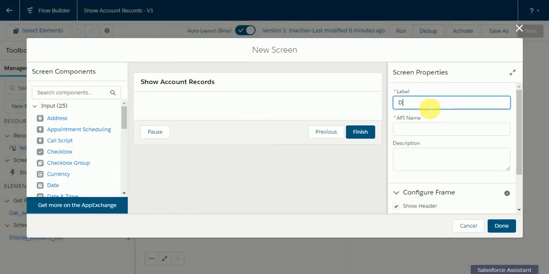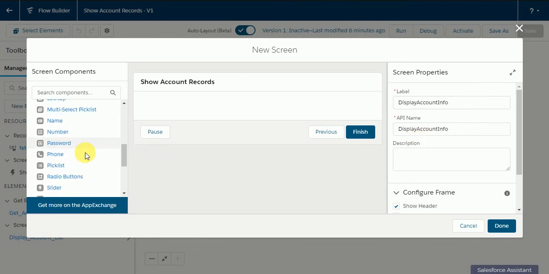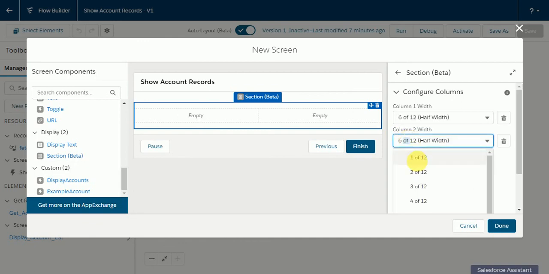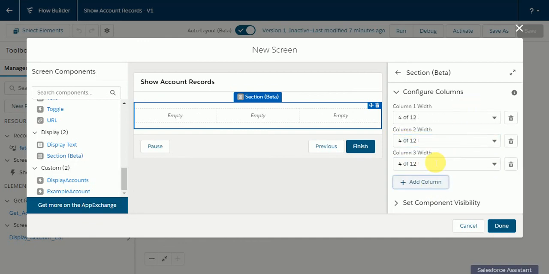So I'll just click on this plus icon, click on screen. Here I'll just name this as display account info, and in this screen I'm gonna drag this section, and I'll just make sure I add 3 columns here, 3 equal columns of 4 of 12 width.